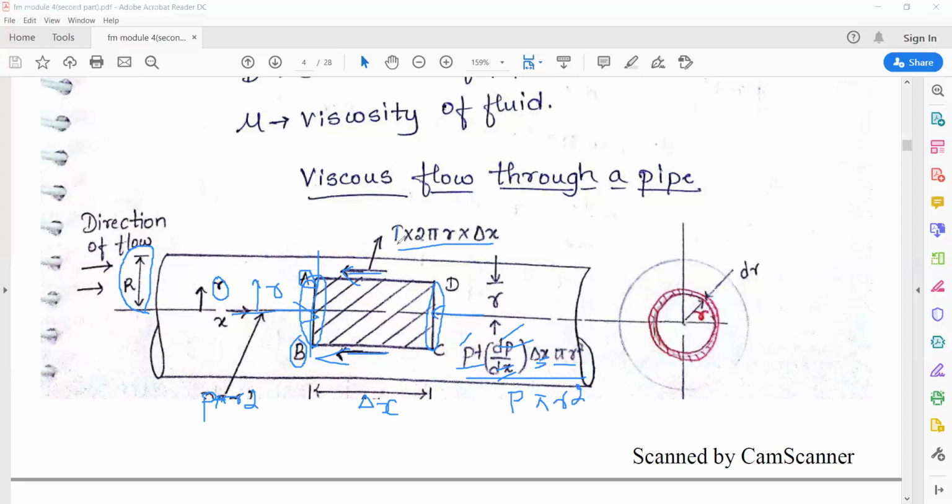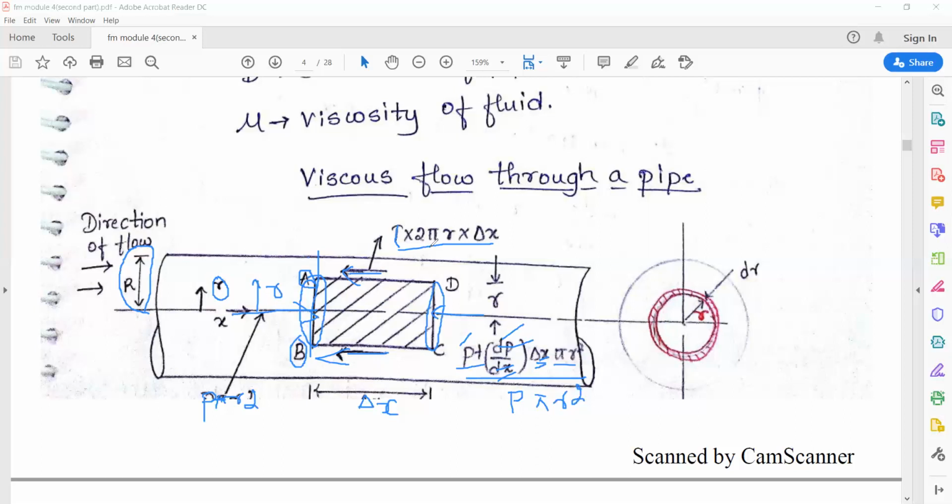So this is tau into area. You need to consider the surface area. That's why it is 2 pi r into delta x. Delta x is the length, and 2 pi r is the surface area, which has been considered. So tau into 2 pi r into delta x